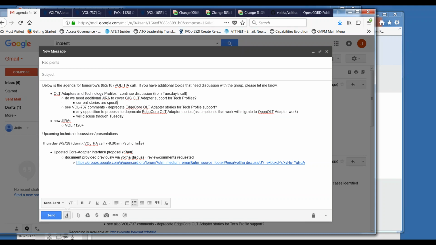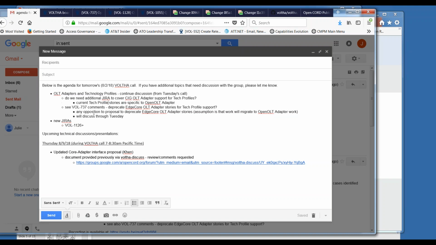Shad has some of those stories, and I think the AT&T Foundry has some of those stories as well as Gamze for the VOLTHA core work, and then someone else from Telecom or Netsphere, I guess, is working on the core part of the technology profiles. So from the open OLT side, it's mainly I guess ONF, Redis, AT&T Foundry.